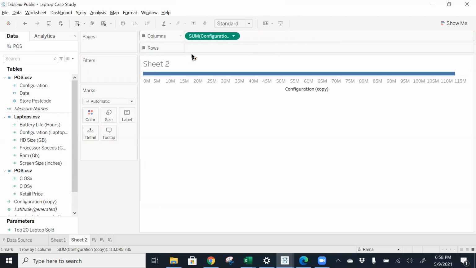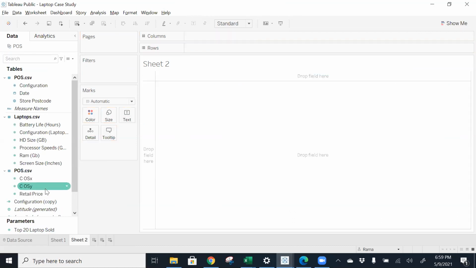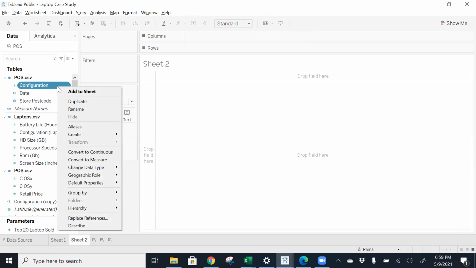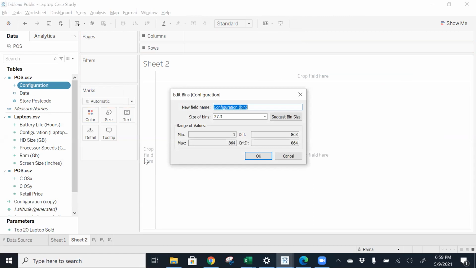Wait, don't drop it. Remove it. Maybe you don't even need that field. Just go on the top configuration only. Right click on this and create bin, with a size of 27. Click OK.